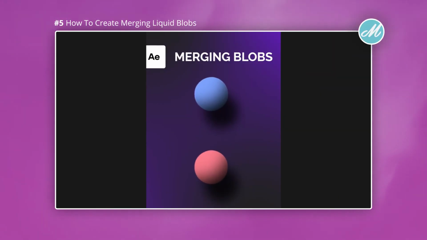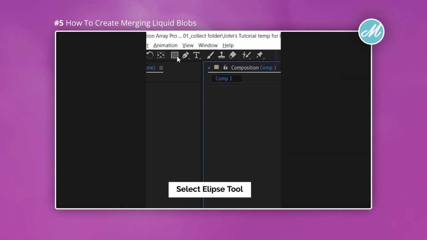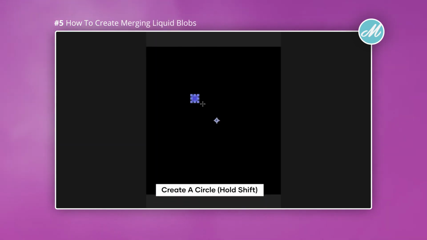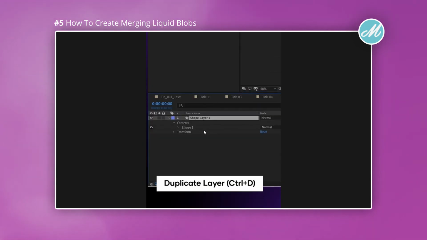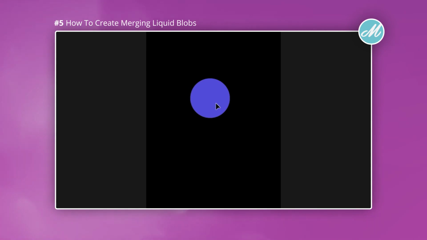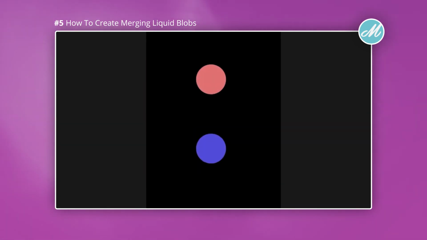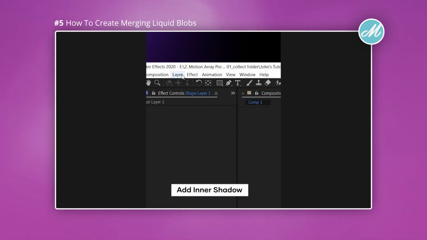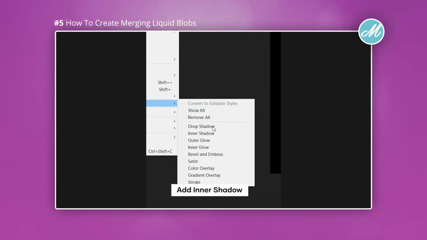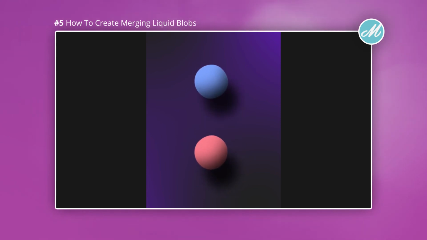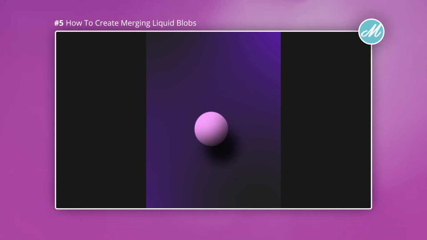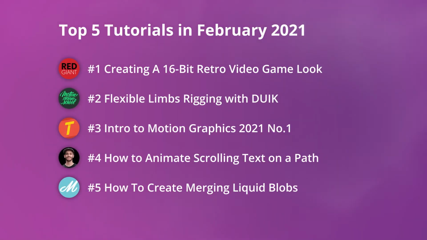The fifth and final video for this month is by Motion Array. Again, this video is short and sweet, just what I like, and it focuses on how to create merging liquid blobs. This is such a simple technique yet very effective. You'll use a couple of shape layers and some inbuilt effects, and that's pretty much it. Well worth a watch. And there you have it, the best tutorials for February 2021,